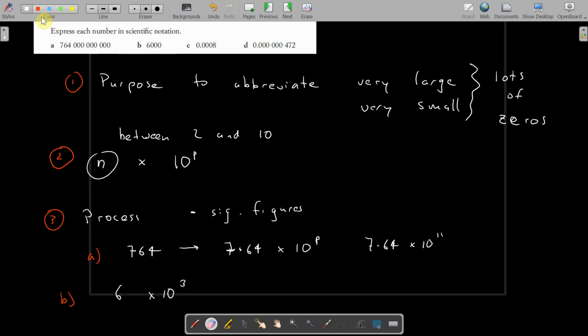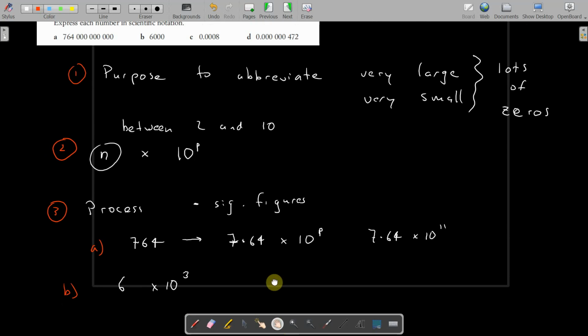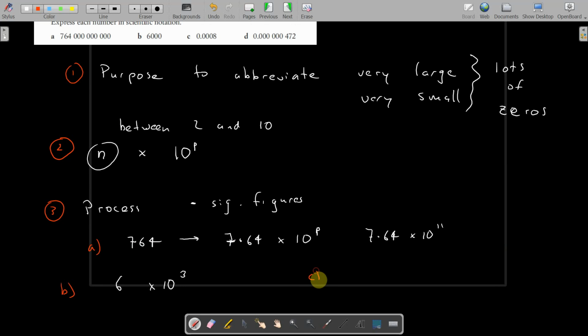C and D, decimals. Let's move this around. Okay, let's do them over here. C. 0.0008. One significant figure, so we use that. The decimal point now is here, so I have to move it back to there. So we're going left this time. 1, 2, 3, 4. 4 places. Now because we go in the opposite direction,